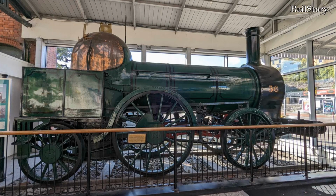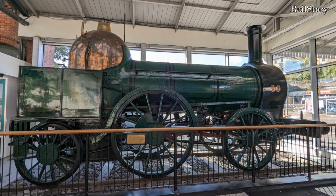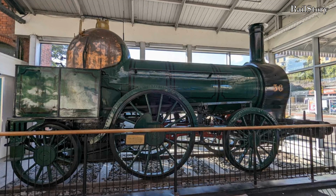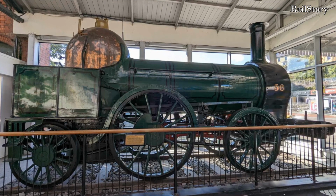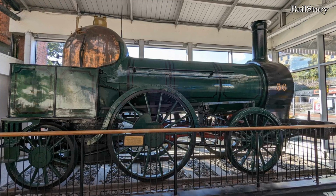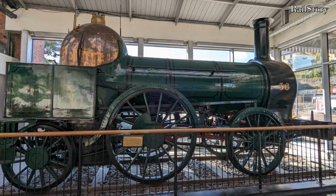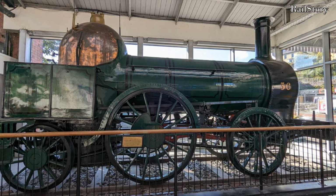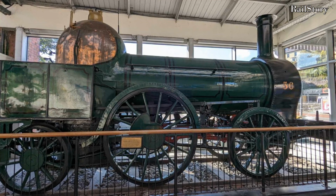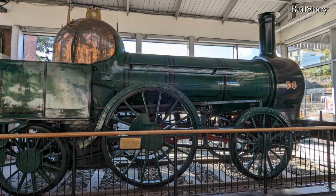Number 36 is the oldest locomotive preserved in Ireland, and the second surviving Bury locomotive in preservation, the other, of course, being Old Copperknob. The Liverpool-based Clarence foundry of Bury, Curtis and Kennedy was once Britain's biggest and perhaps best equipped engineering works. Founded in 1826 by Edward Bury, in its heyday in the late 1840s, it was capable of